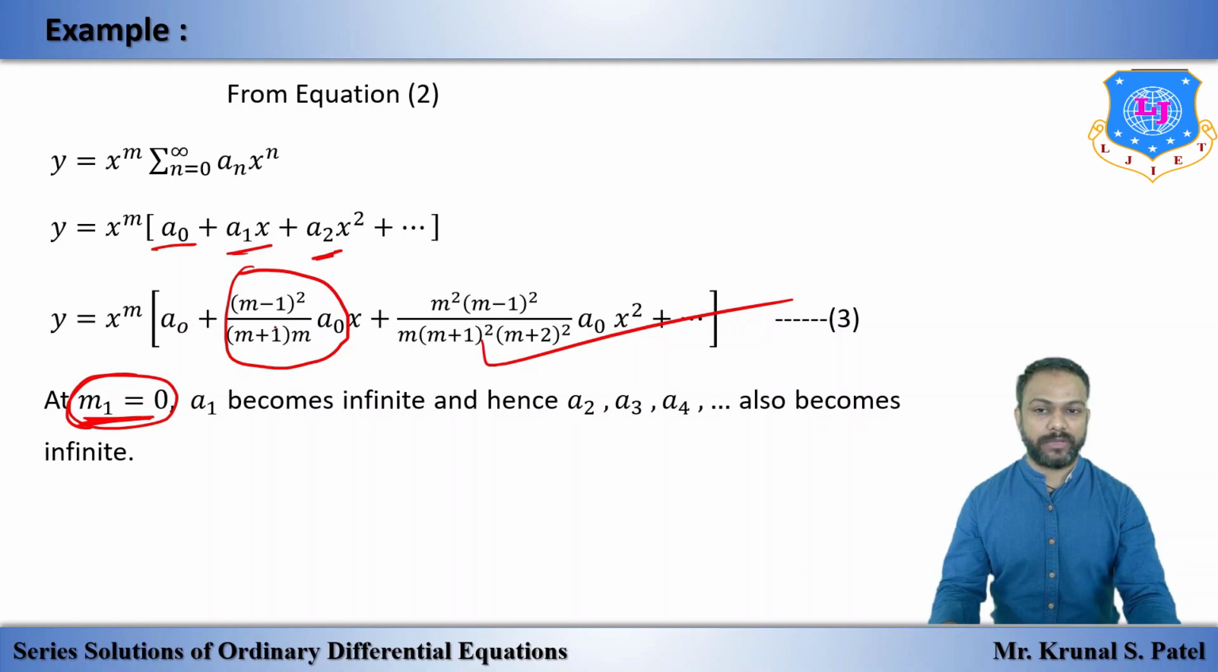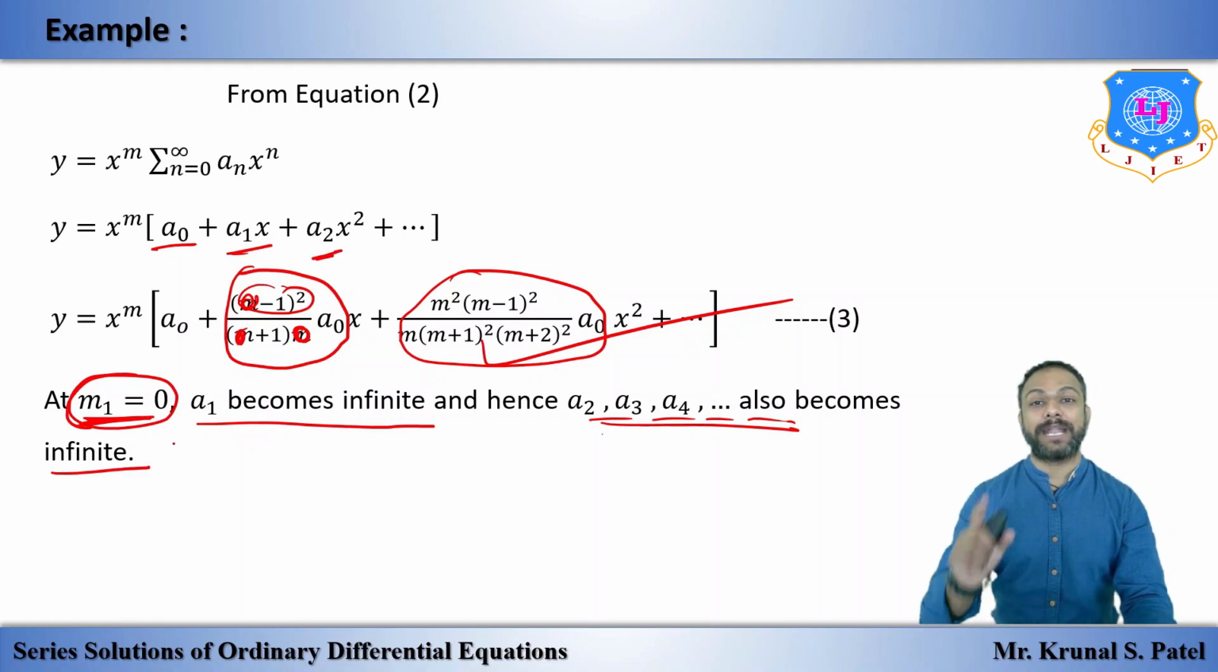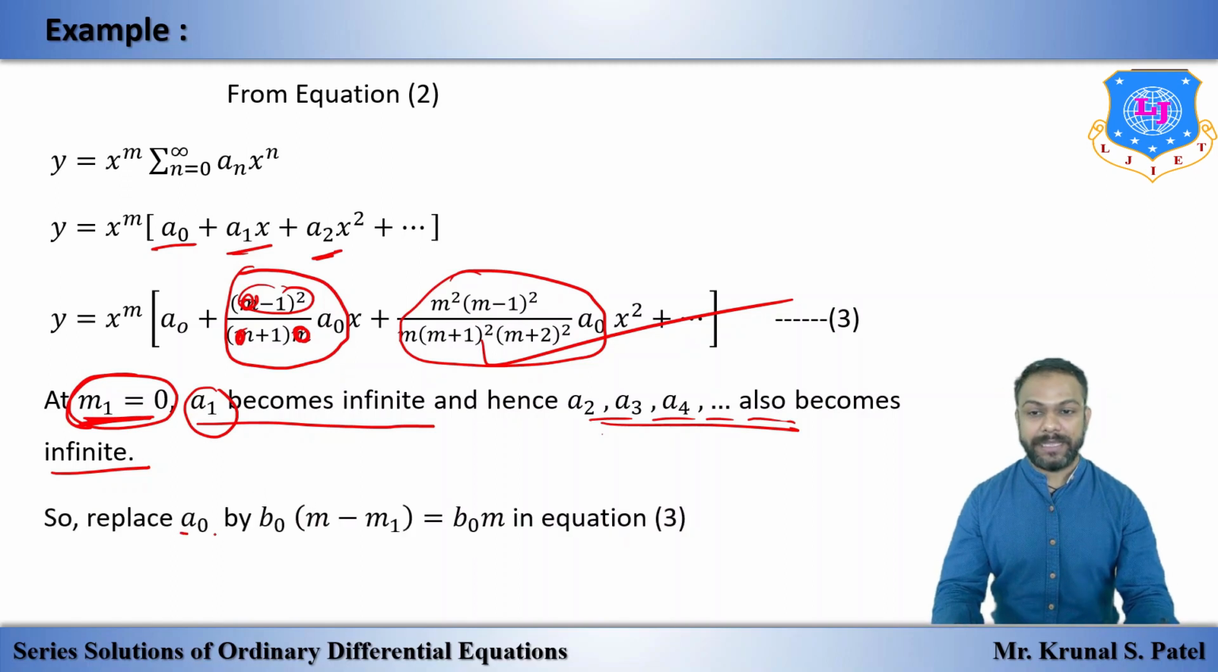If we put m1 is equal to 0 in this, so this is 0, that means something upon 0, because this is 0, this is 0 minus 1 is to 1 is 1. 1 by 0 is infinite, so a1 becomes infinite. If a1 becomes infinite, then because of this a1 we have this a2, so it is also infinite and so on. So hence all this becomes infinite, and that means this is our part B. And as we told, if any one becomes infinite for the smaller root, then we will replace a0 by b0 plus b0 into m minus m1. m1 is our 0, so we will replace with b0 m